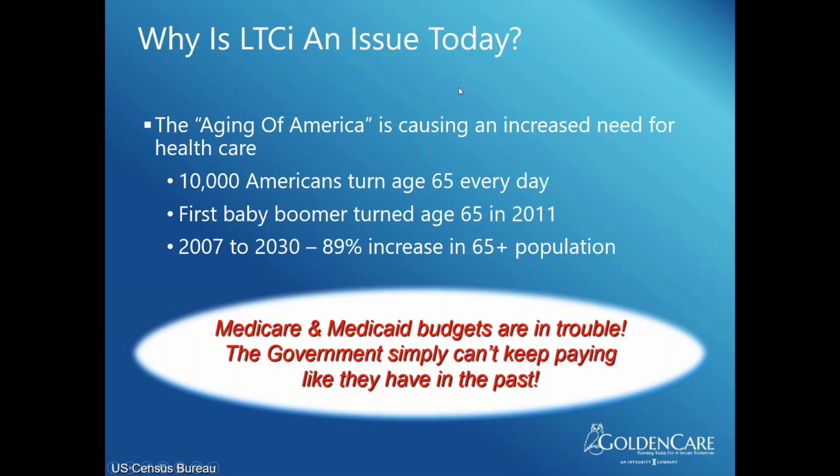All right. So why is it an issue today? This goes back to the story I just told you. There's an amazing aging of America going on right now. 10,000 Americans are turning 65 every day in this country. Our first baby boomer turned 65 in 2011. Between 2007 and 2030, our over-65 population is going to go up by 90%, 100%. It leads back to the story I told you to start. I think stories sometimes are better than stats. It's just my selling style. But we are aging and we're running out of able-bodied caregivers to take care of them.